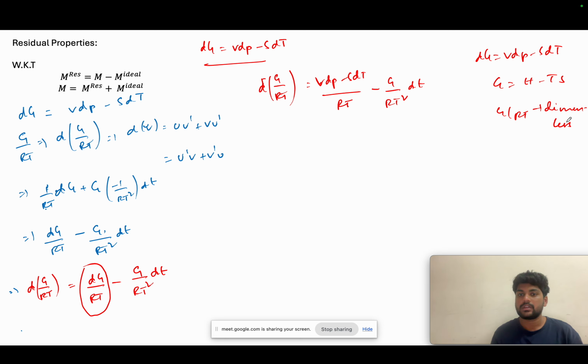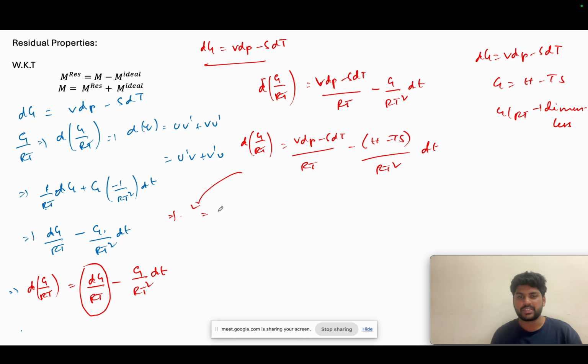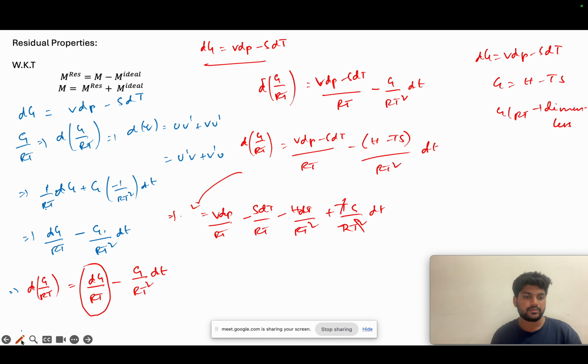This is dimensionless. So now we have g as h minus Ts. Then this will be written as v dP minus s dT by RT, minus h minus Ts by RT square dT. If I expand it, it will come here itself, so I am not writing that equation again. v dP by RT minus s dT by R, minus h dT by RT square plus Ts by RT square dT. This T will get cancelled. So this whole term is the same, so this will get cancelled, and the new equation will be